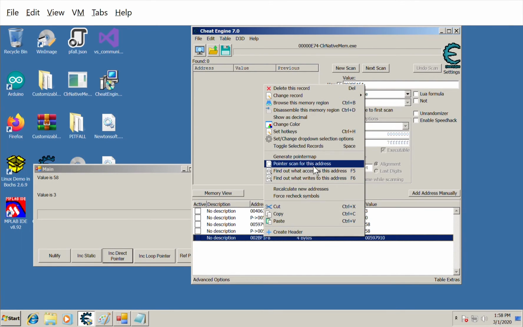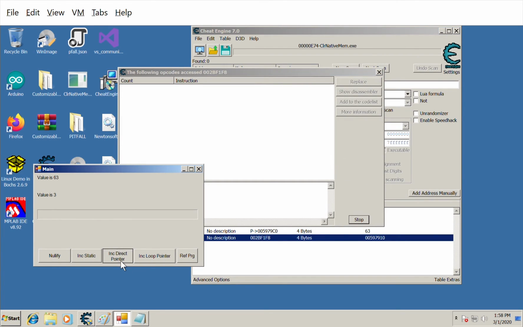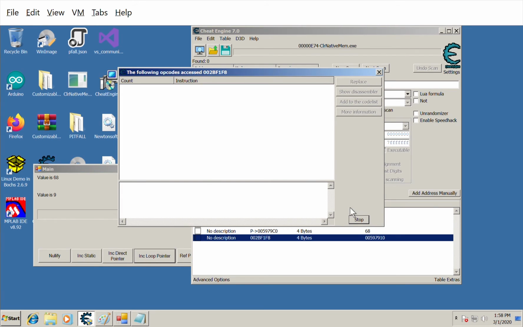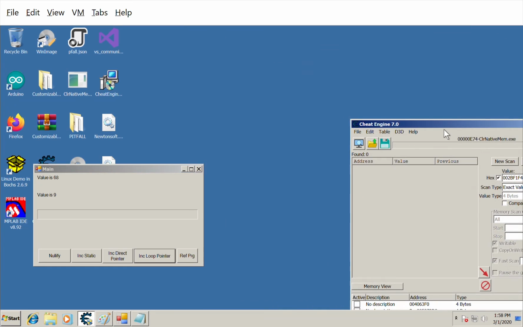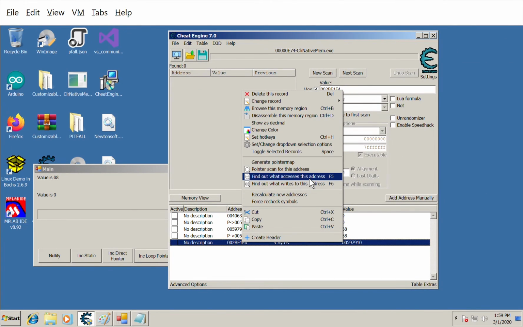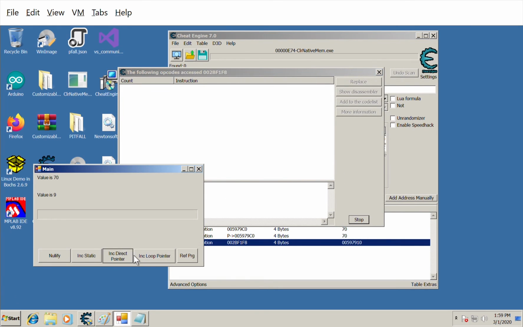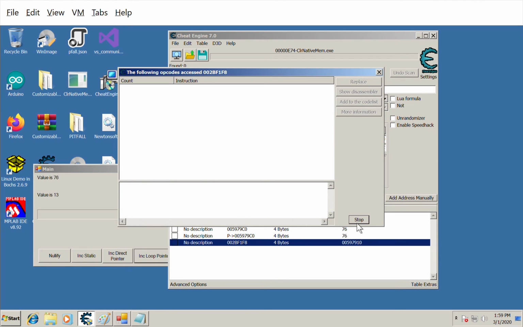So if I find what access to this address, I don't see anything. Okay, no one accesses it, right? So since no instructions access this one,